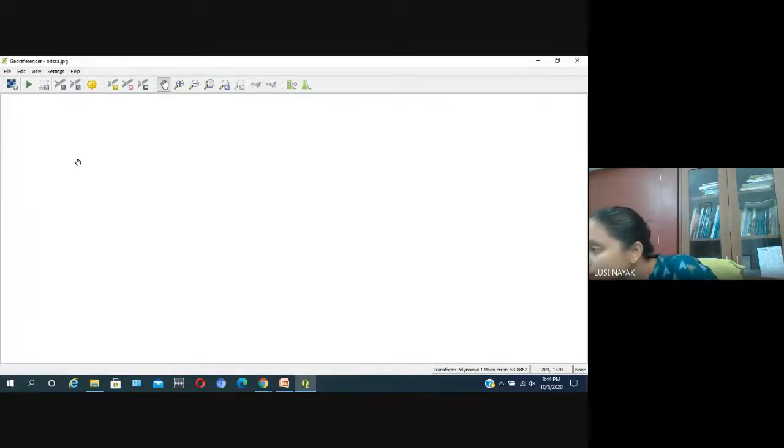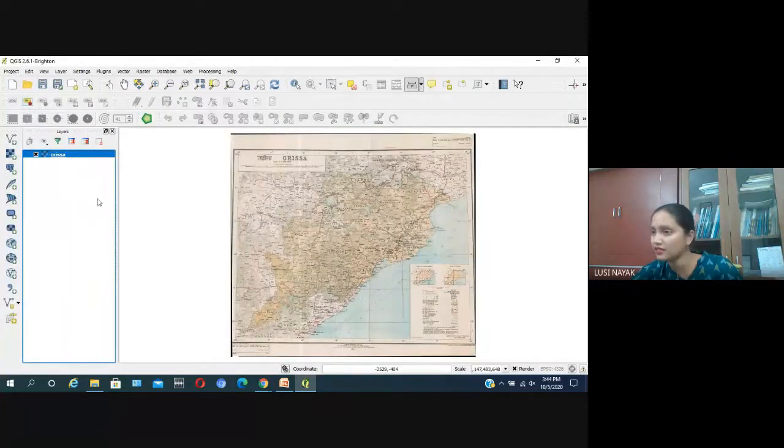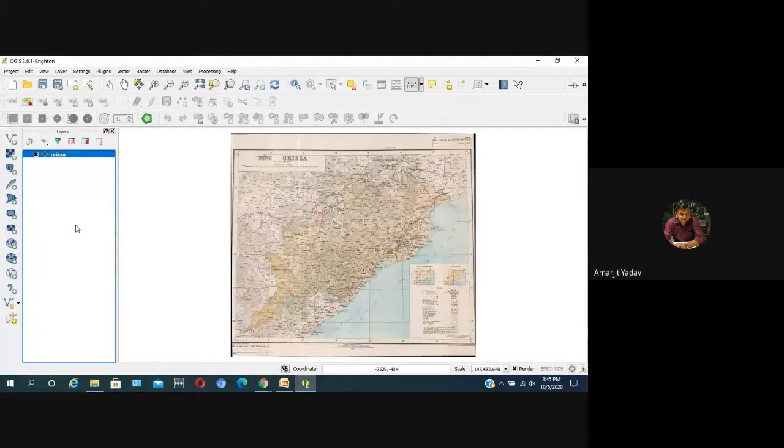The layer bar is not visible. Which side is not visible? This bar? Yes, madam, this bar, the layer bar, is not visible.